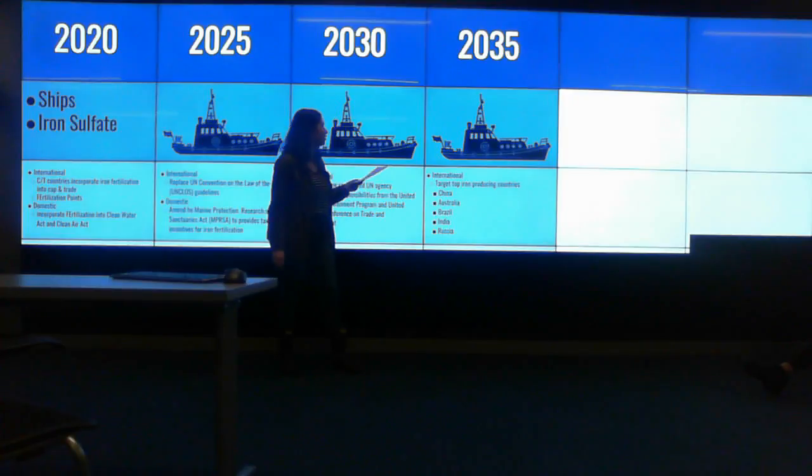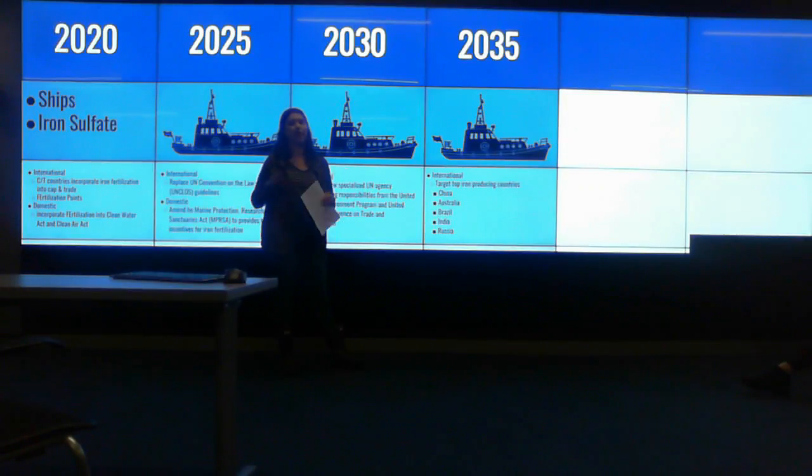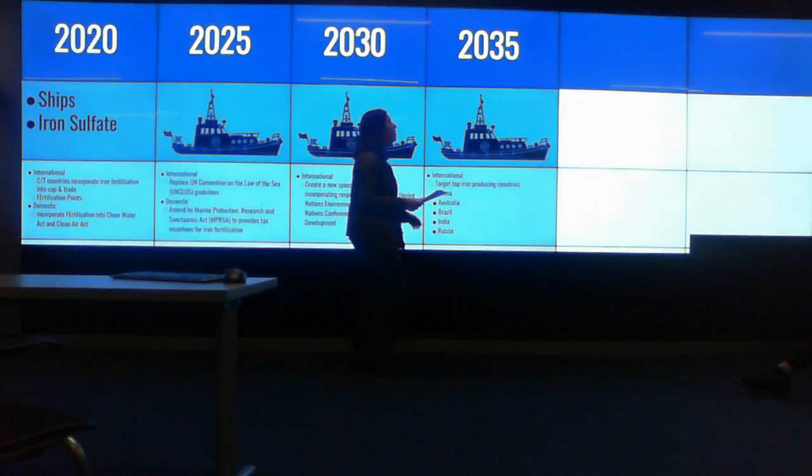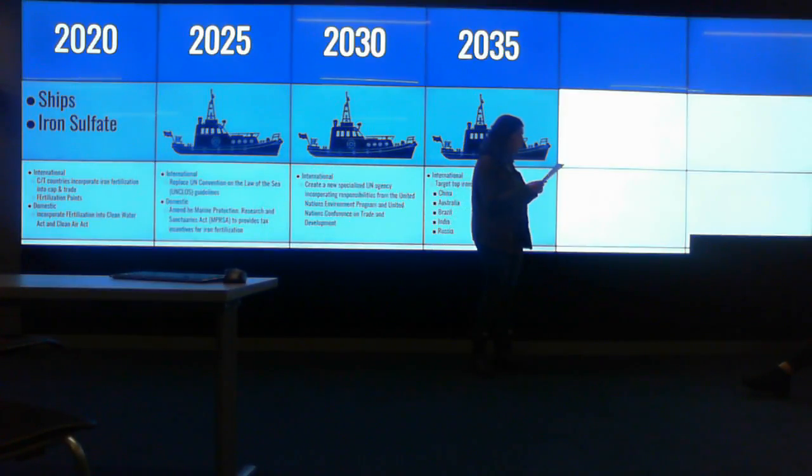But for the international policy in 2035, we're going to target the top iron-producing countries and ensure that they've reached a specific level of iron production, and ensure that they've met the regulations that we've outlined through other international policy. And you can see those countries up there. And then as we move along to 2040,